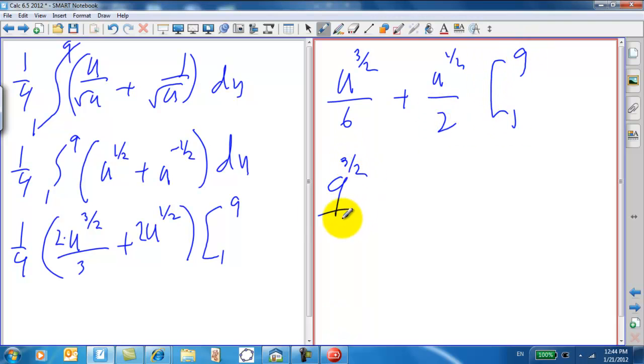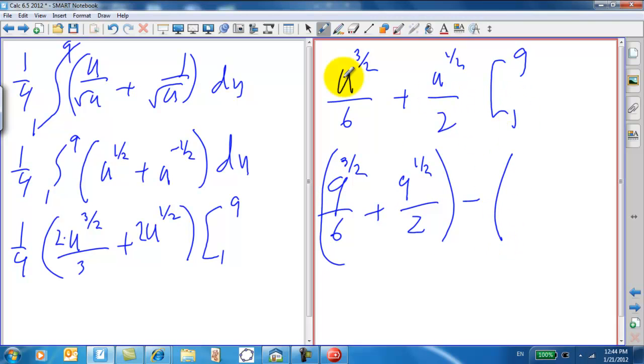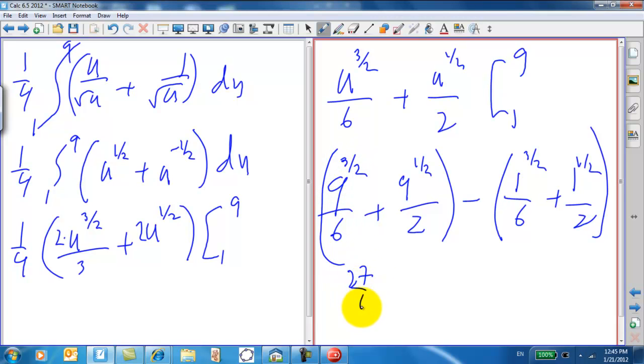9 to the 3/2 over 6, plus 9 to the 1/2 over 2, minus, now we're going to put the 1 in, 1 to the 3/2 over 6, plus 1 to the 1/2 over 2. And so now you can just punch all this out in your calculator. 9 to the 3/2, well, you can take the half root first. I'm sorry, 9 square rooted is 3, cubed is 27. 27/6 plus 3/2